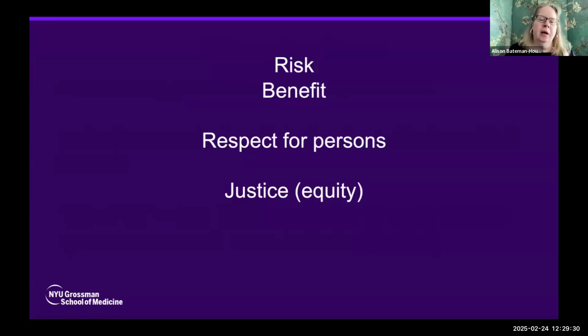So in short, when we talk about ethics, we tend to talk about risk and benefit. You can certainly see that conversation going on here. Is it a risk to share your data? Is it a benefit? Which one is it more of? And you're going to make that decision in a context-specific way, where we need to illustrate respect for persons. We do that in part by trying to respect their data, but some people want to share their data. So we need to respect that choice as well and figure out some way to do that. And consent seems like a good vessel by which to do that.